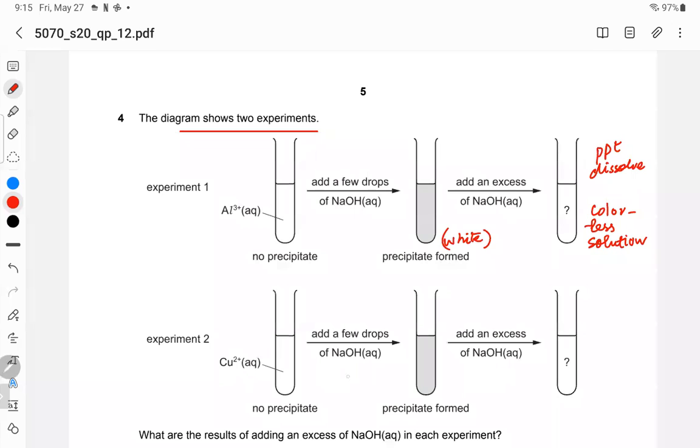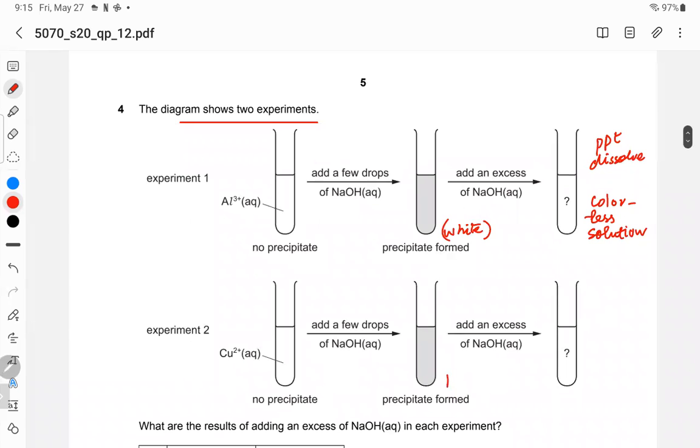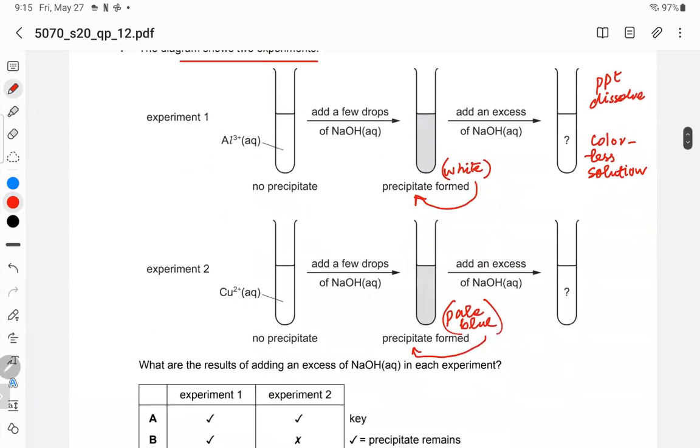Now in experiment 2, we have added a few drops of NaOH, and when we add a few drops of NaOH, pale blue precipitates are formed. The color of the precipitates is pale blue, and here the color of the precipitates is white. So if we add excess NaOH, these precipitates remain undissolved. Precipitate is